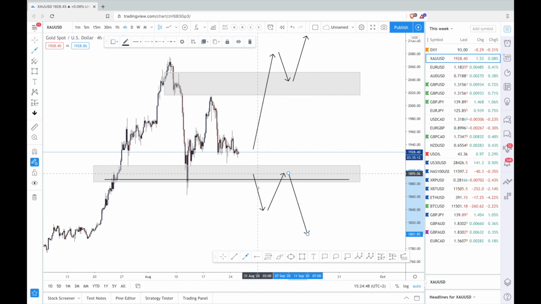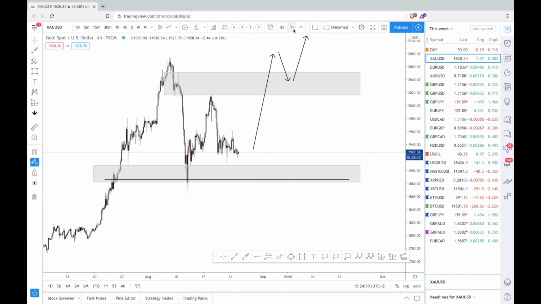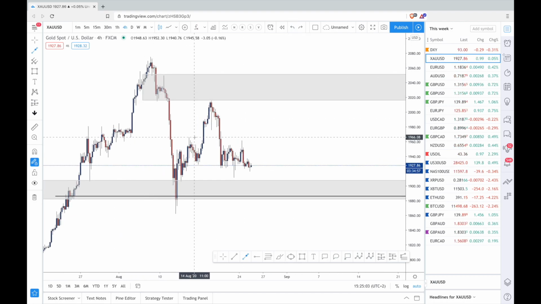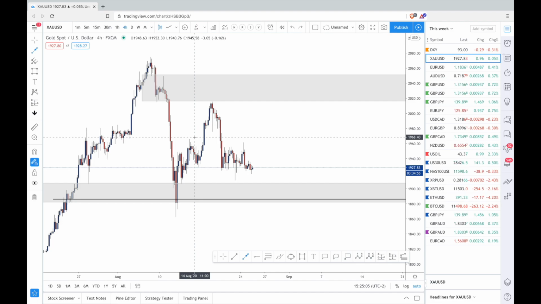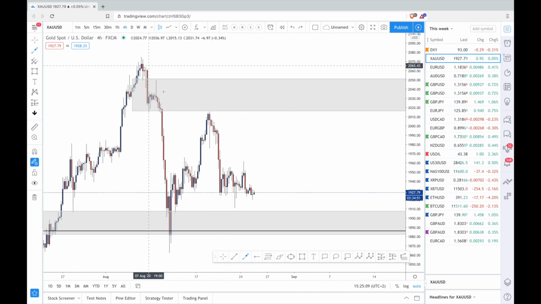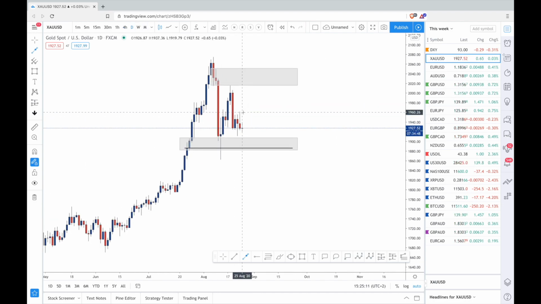This is a scenario which I'm not expecting, because a lot of people are investing a bunch of money in the gold market. And therefore also the hedge funds are going to buy gold, and therefore gold is going to rise and rise and rise. Now let's have a look at the 4-hour, but first I want to show you one